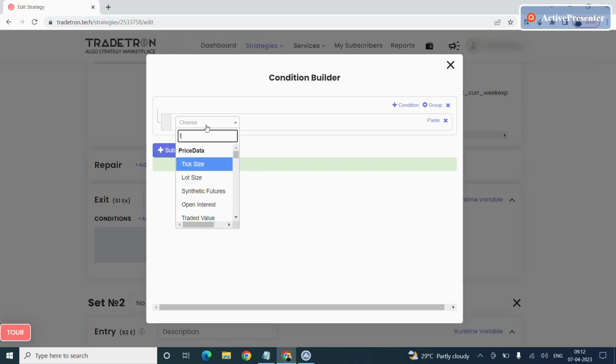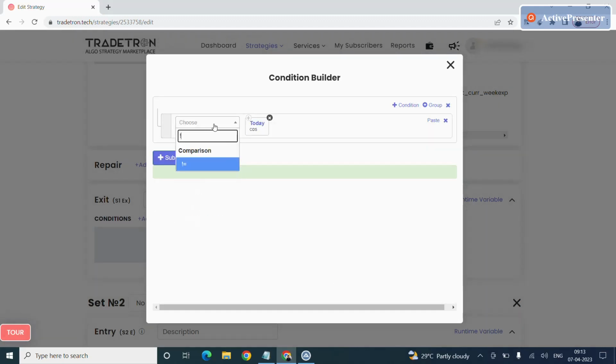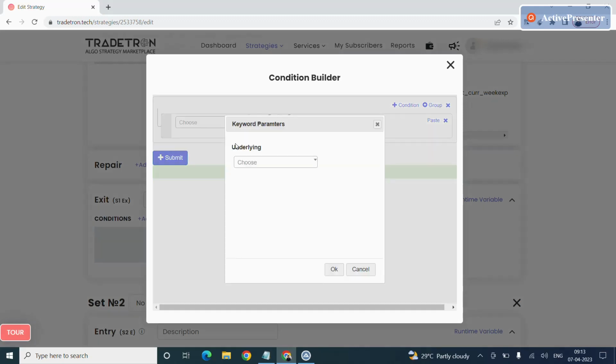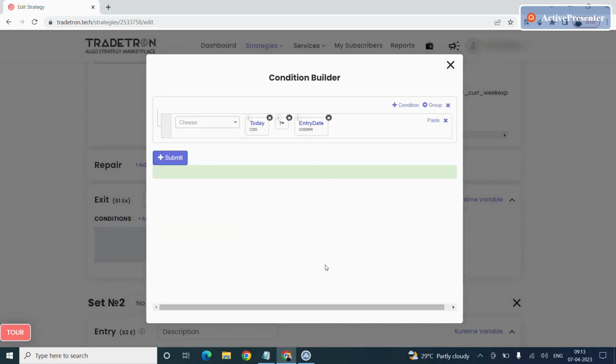The first condition is that today's date on the CDS exchange should not be equal to the entry date of that position, USD INR. This basically implies that we have entered today and the position should be closed or the strategy should exit